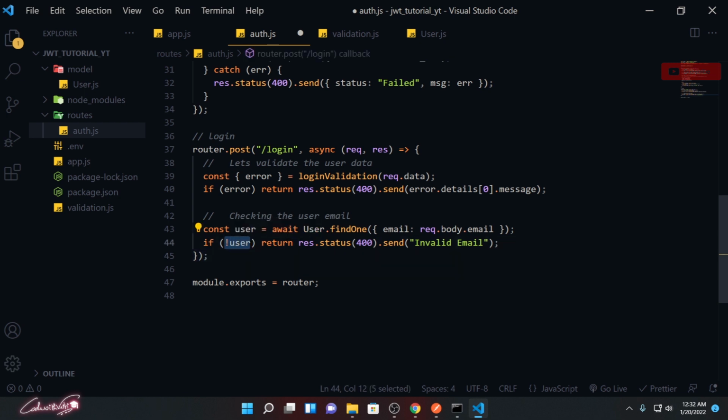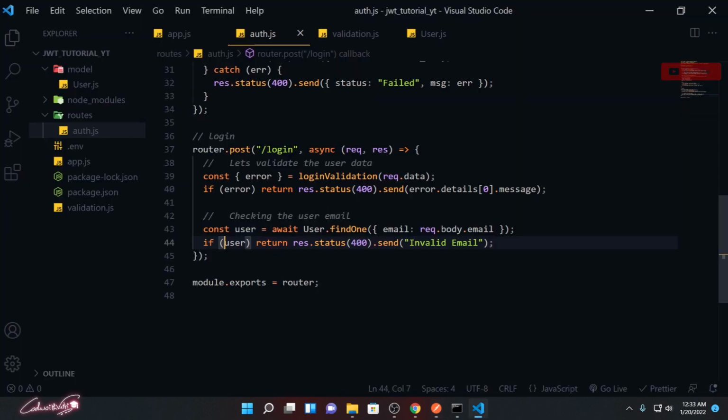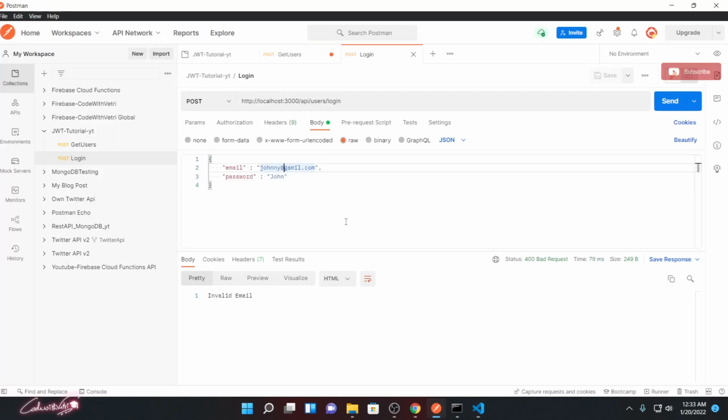Oh my god, my bad. It's working fine. See, if the user is there, that means it's not sending the invalid email. If not user, that means I need to send wrong information.